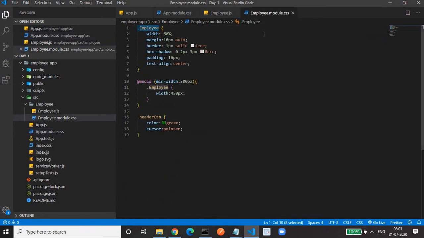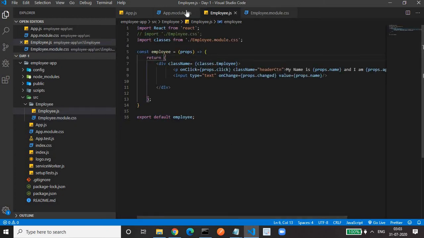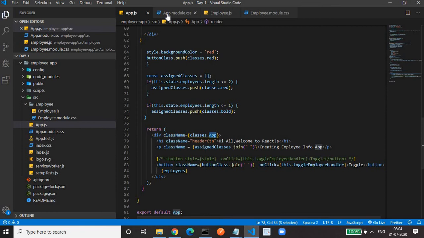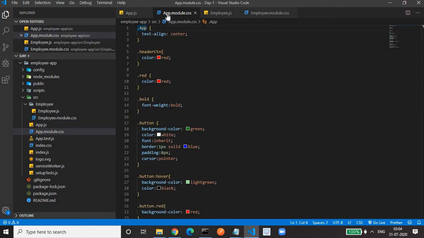Then the right text align will be applicable to this app class and the center text align will be applicable to that app class. So they won't be acting as a global CSS. They are now scoped to the corresponding component in which they are imported.